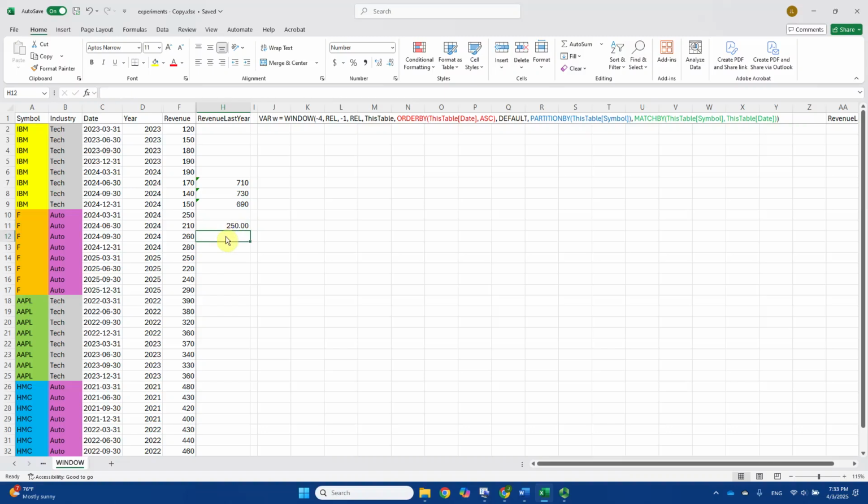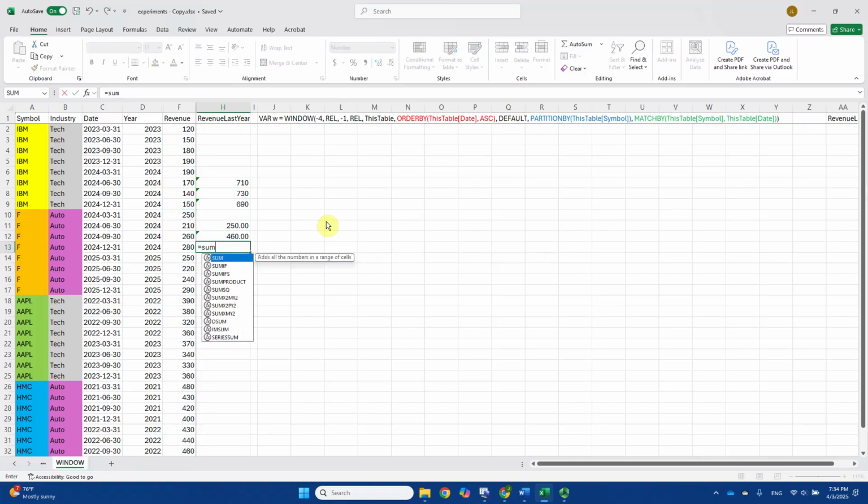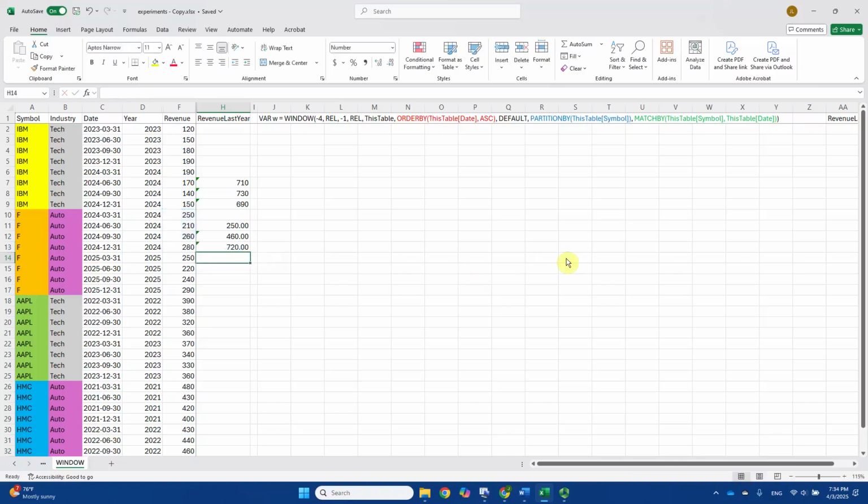Similarly, if we're standing at September 30th, 2024, we're talking about what's going to be the revenue in the prior 4 quarters. Again, we do not have that much data. We only have data in the prior 2 quarters, so we'll just sum them up. We do the same thing when we are standing at December 31st, 2024. We're trying to figure out the total revenue in the prior 4 quarters. The furthest we can go is the first quarter of 2024. So we have actually 3 quarters of data to do the summation,